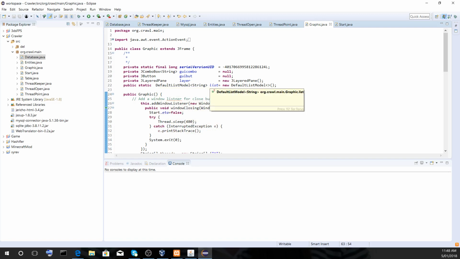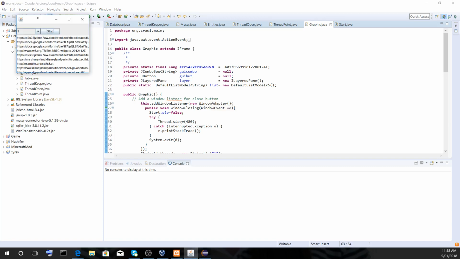This one's a different list. If you recall seeing in here, see this white box that just moved? It's actually a list element, a combo list more specifically,